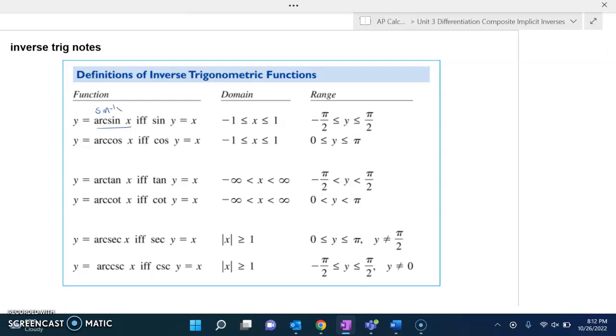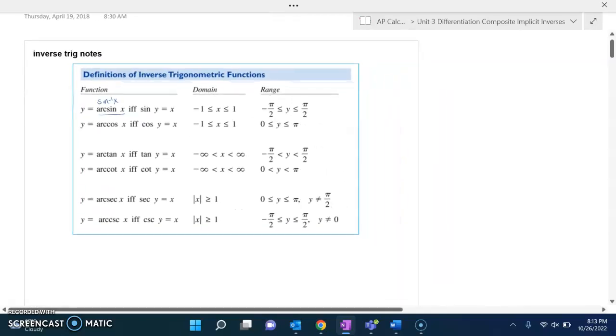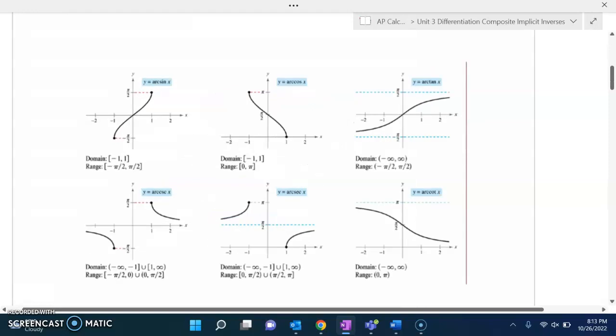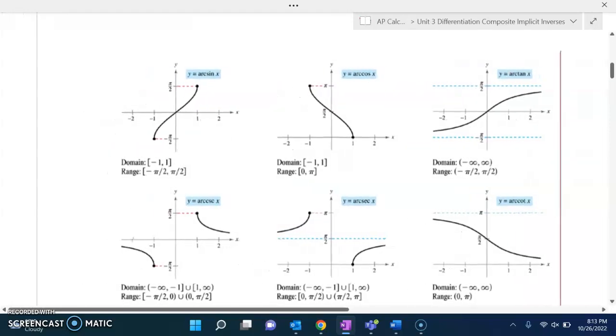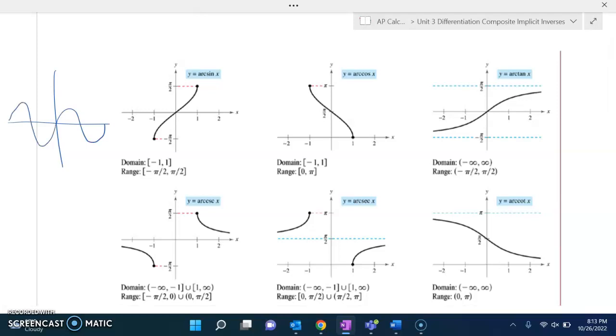the same as sine inverse of x, okay? So y equals arcsine of x if and only if sine of y equals x. Now, I'm going to go back and forth between these restrictions and the pictures here. I want you to think about what sine looks like. So sine looks like this. Okay? So sine, we said the other day, is not one-to-one. It passes the vertical line test, excuse me, but fails the horizontal line